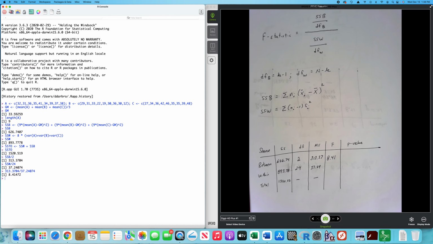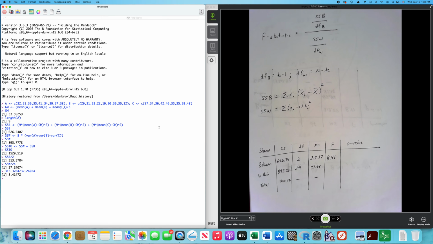Now, what I'll do in your homework assignments, and on your exam as well, is give you partial tables where you have to come in and fill in the degrees of freedom or sum of squares, whatever it may be. And I'm sure calculate a test statistic and a p-value. But it's easy to fill these out. Once you get the sum of squares between and within, divide by the degrees of freedom to get the mean square, divide these two to get the F statistic, and then you can use R